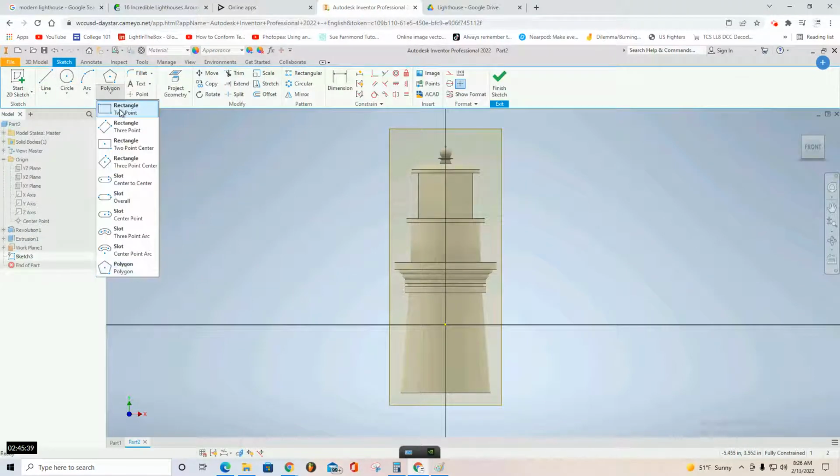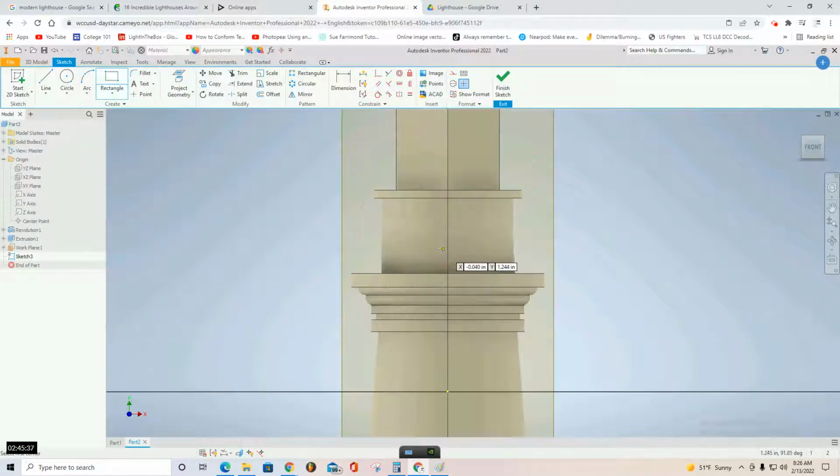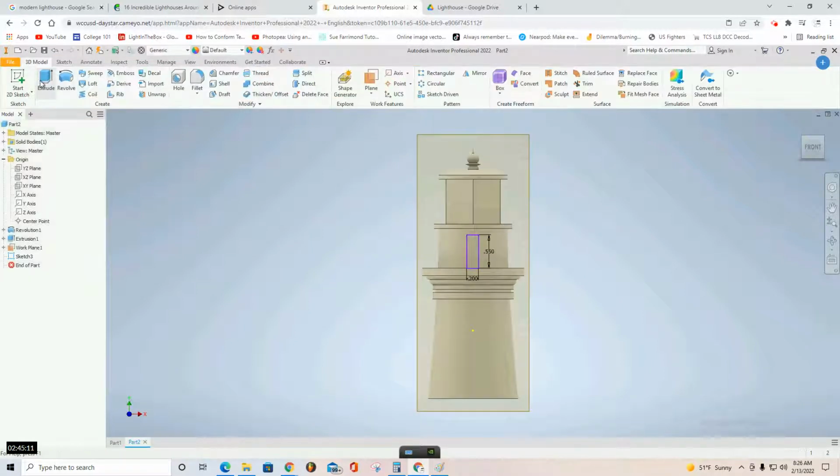doorway. I'll return to the rectangle. My door will be right here. It's got to be 0.55 tall. So I'll make it 0.2 tab 0.55, enter. And this must be right here. That's my door. Put it right in the center. Finish sketch, extrude,